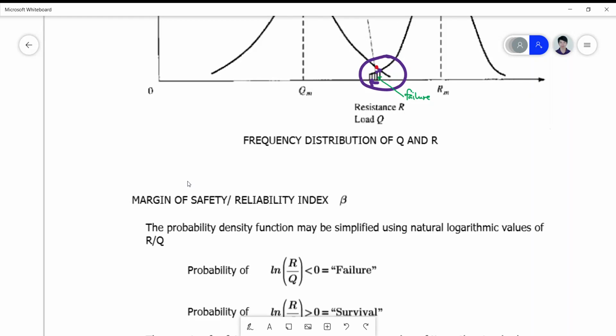So this margin of safety, which is computed on this basis, this procedure, is actually a probability-based assessment. And the probability density function may be integrated by simply dividing R and Q. So we know that R is a